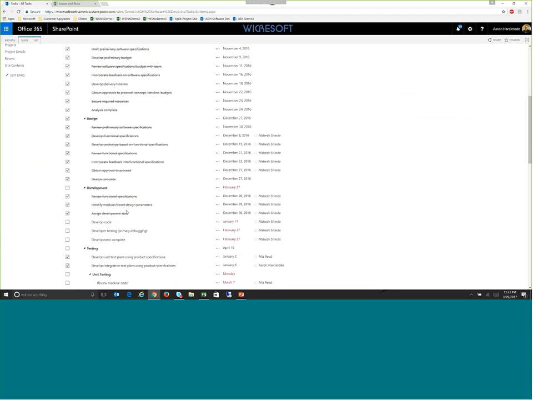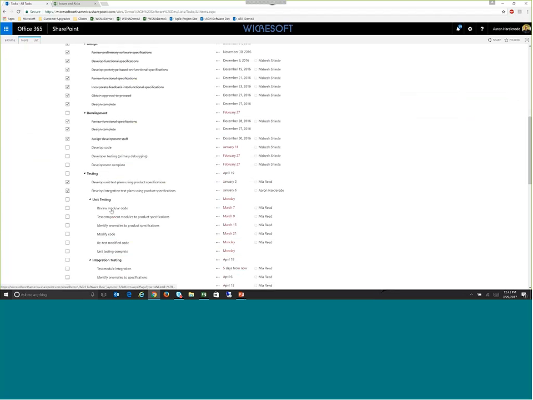in this. So let me come down here to this review modular code. If you would, try to keep this in the back of your mind: review modular code. I'm going to link, in this case, an issue. So there's an issue that's been logged, but again, it could be a risk, an action item, a change request, or a decision, and I'm going to associate it with this item. So I'm going to click on review modular code,